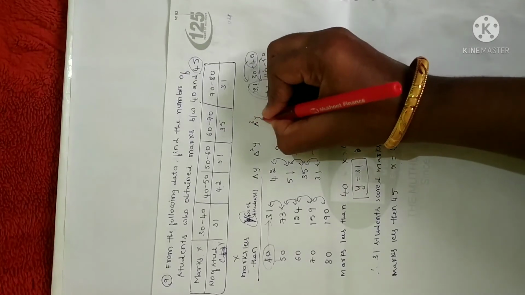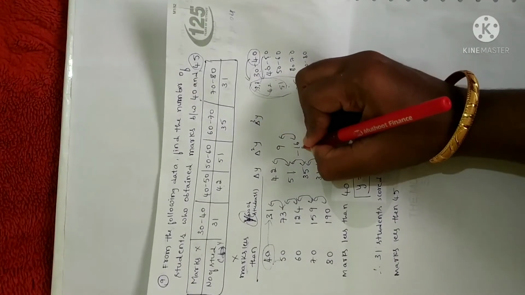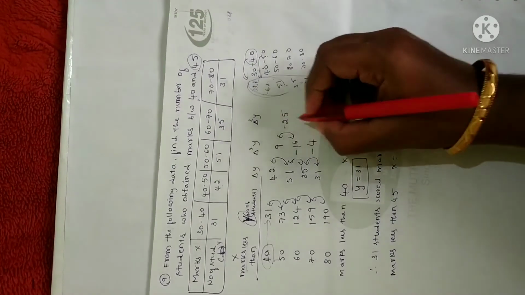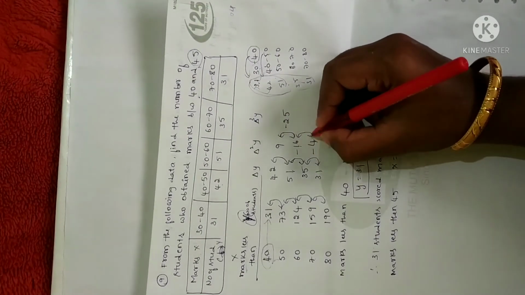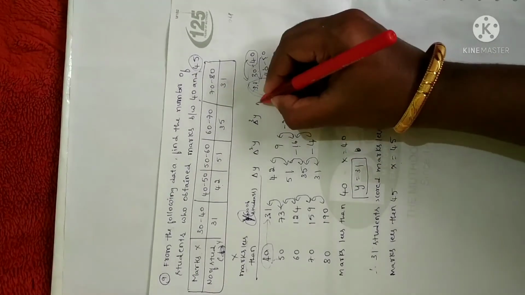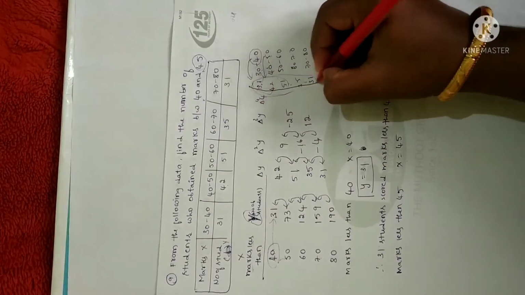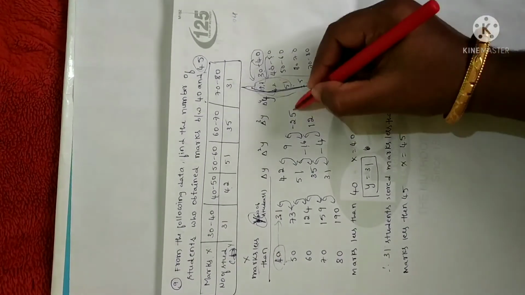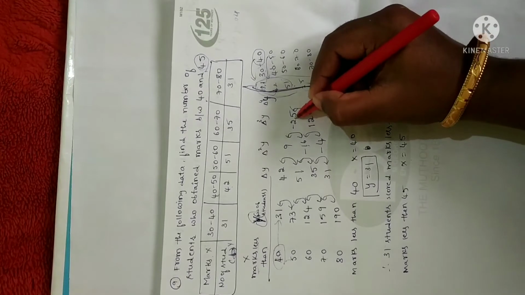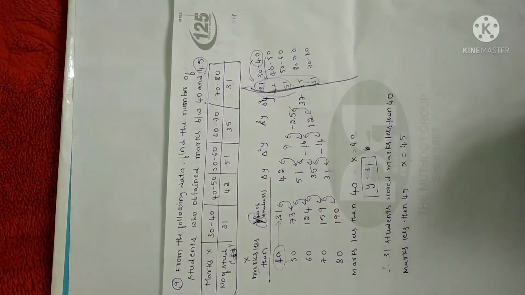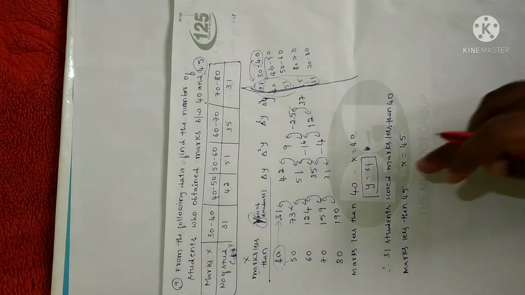Next, the third forward difference is delta cube y. Minus 16 minus 9 is minus 25. Minus 4 minus of minus 16 is minus 4 plus 16, so you will get 12 here. Next, the fourth forward difference is delta power 4 of y, which is the difference of these two values. So 12 minus of minus 25 will become plus, 12 plus 25 is 37. Fine. So once you construct the forward difference table, we can find the value.